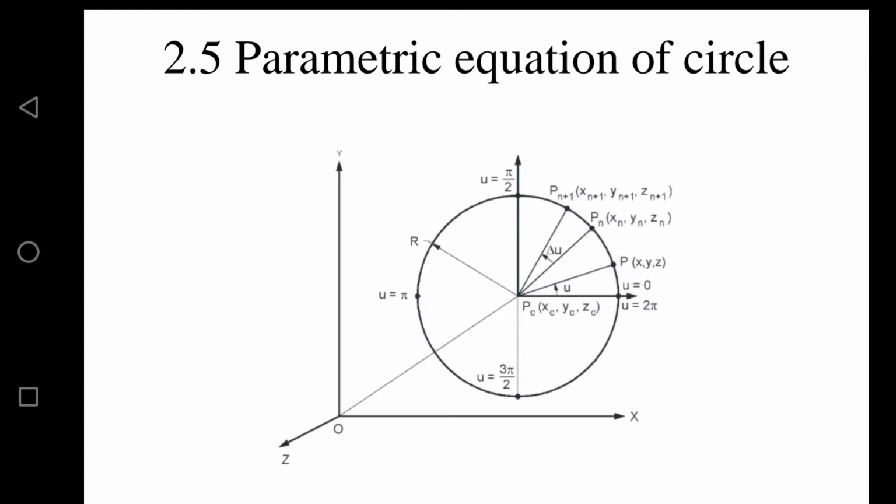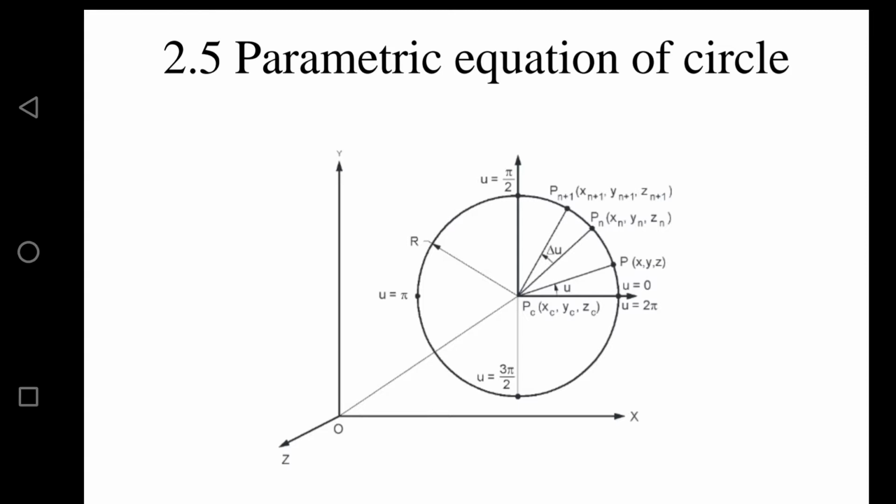So till now we are into your second unit, that is geometrical modeling. Okay. So till now we have discussed the introduction part, the different types of curves and the parametric equation of a line and two numericals on the parametric equation of a line. So in today's video lecture, we are going to discuss about the parametric equation of circle and some numericals on the parametric equation of a circle.